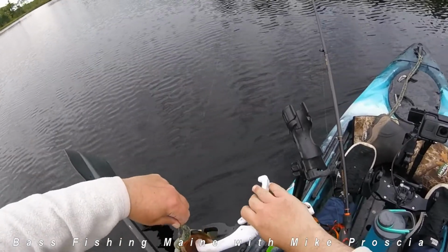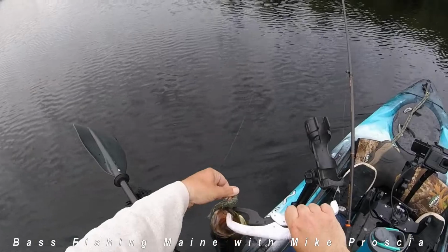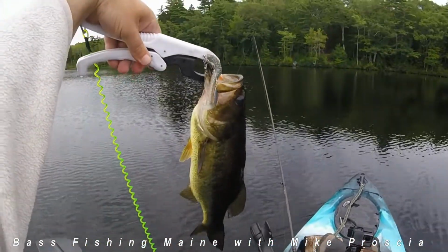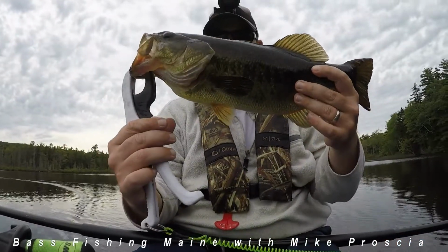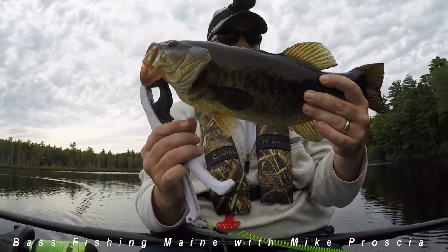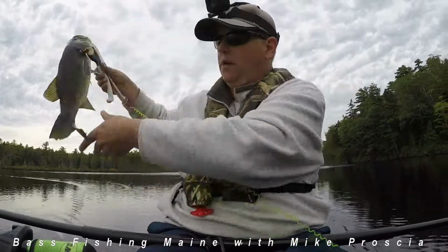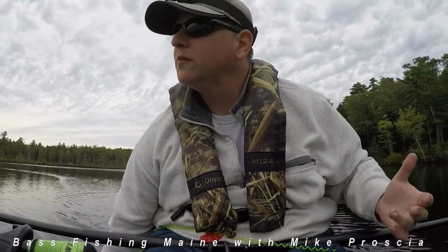Yeah, that's definitely bigger than the last few. I'll have to do a little digging with the hook. That's another 3-pounder plus. Yeah, that's another 3.7 pounder. Solid chunk. Beauty. Hanging down low in the open water. I figured some would be there because the water's gotten cooler, but pretty much